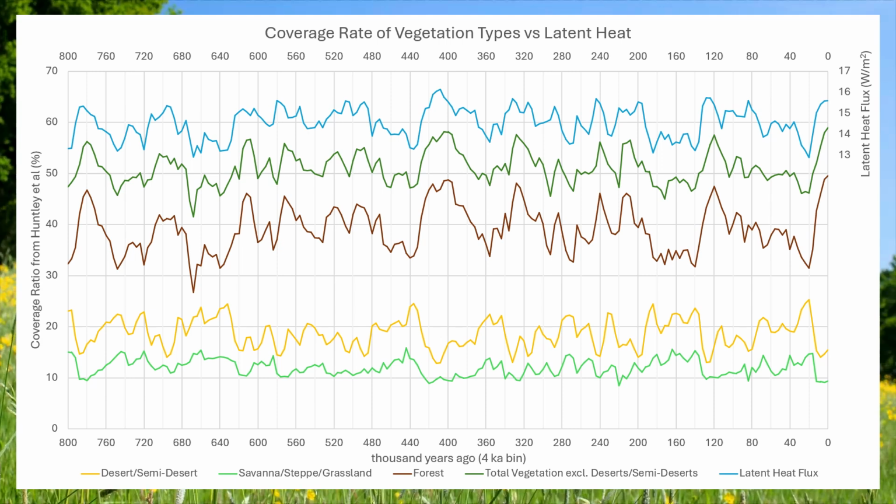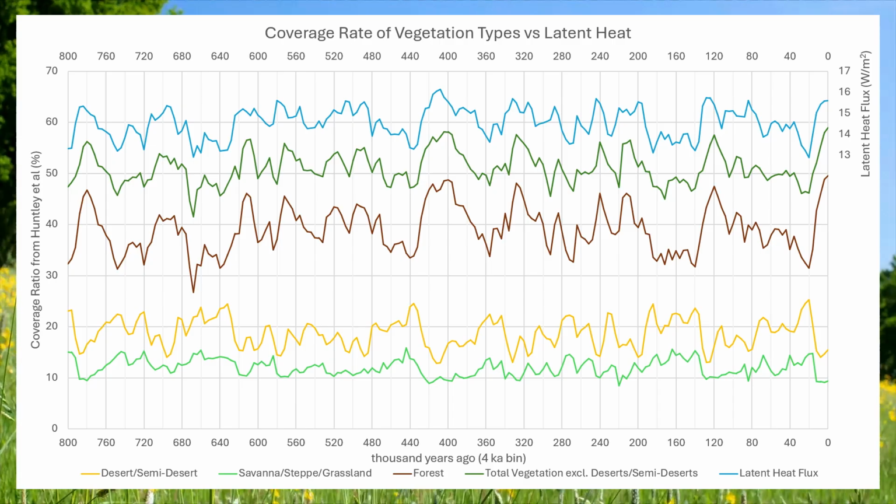In this approach, the global latent heat flux at each point in time is estimated by combining the area of each biome with its characteristic flux value. This produces a first-order reconstruction of how vegetation changes may have influenced the latent heat component of the climate system during glacial cycles. The resulting curve suggests that global latent heat transfer varies as vegetation expands and contracts across the